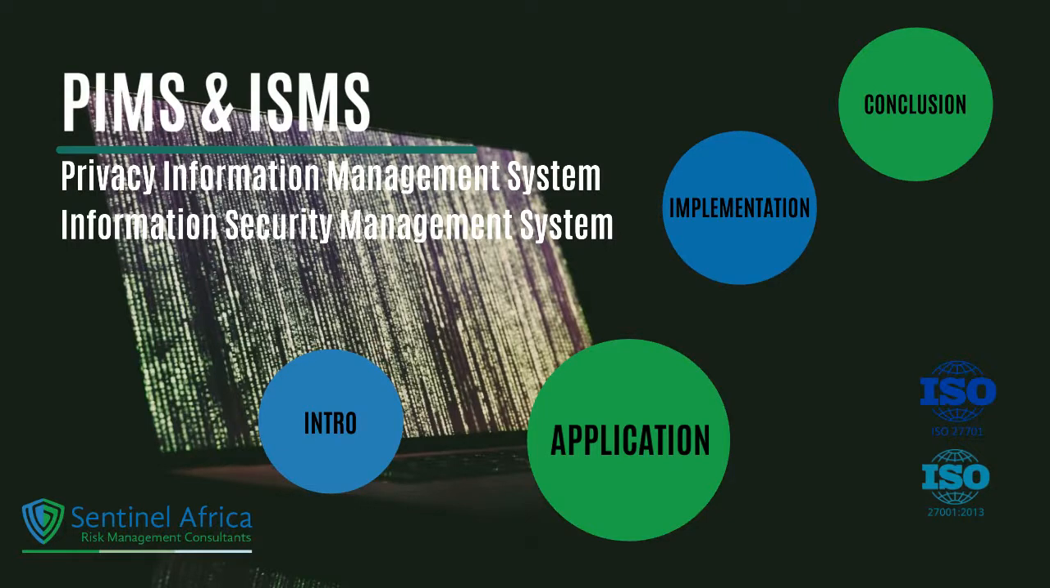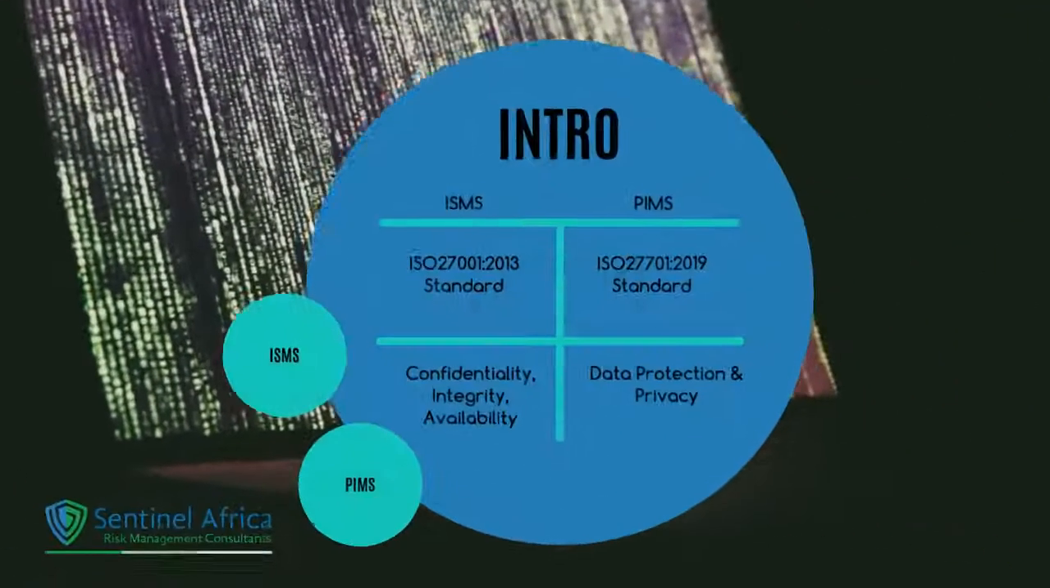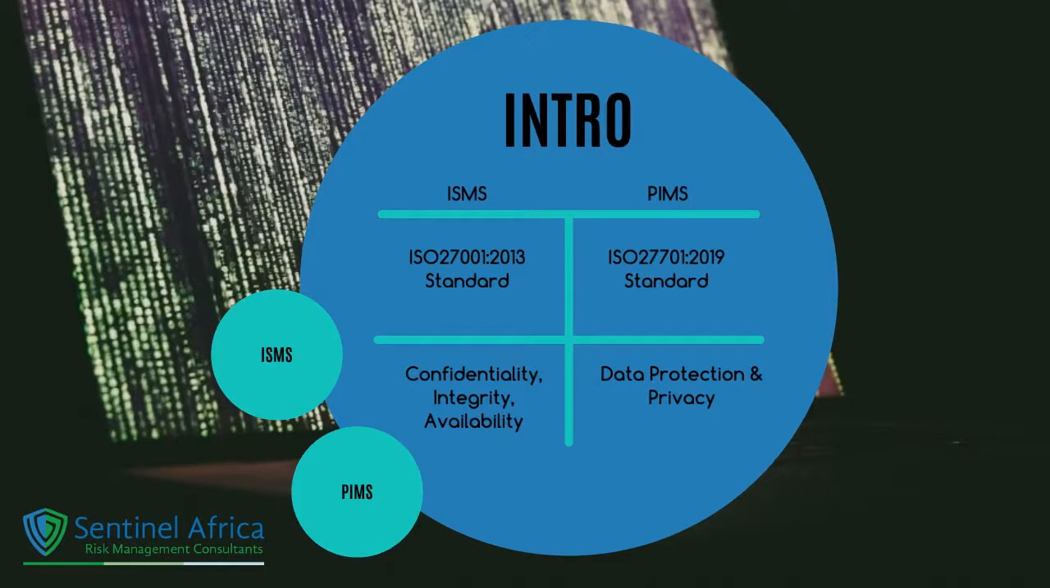And today we're going to talk about the Privacy Information Management System and the Information Security Management System, more about the similarities and the differences as you go into implementing the two. So, going right into it, when you're looking at the ISMS, that's the Information Security Management System, you can find the requirements in the ISO 27001 standard, that's the 2013 version. On the other hand, if you're looking at the Privacy Information Management System, the requirements are in the ISO 27701 standard,